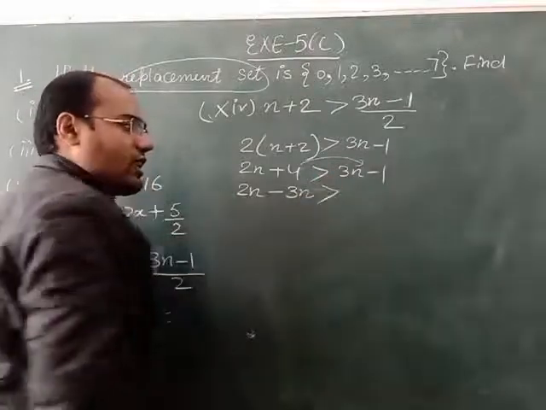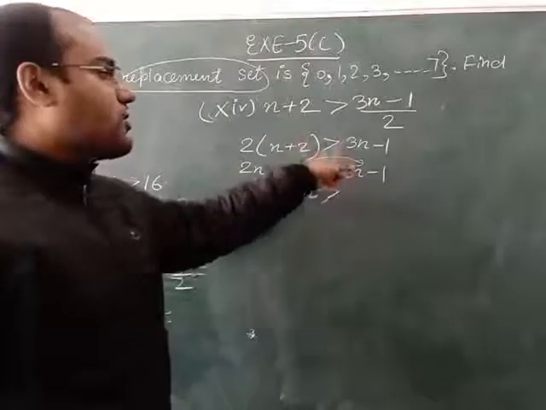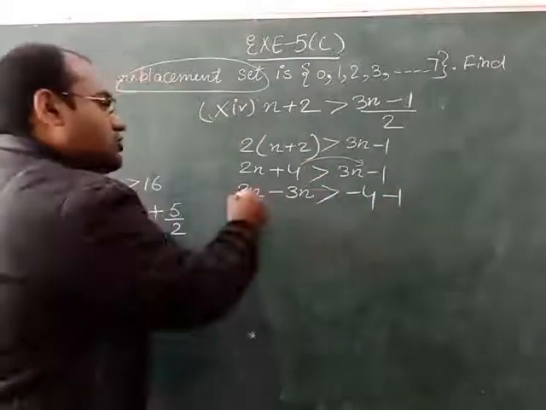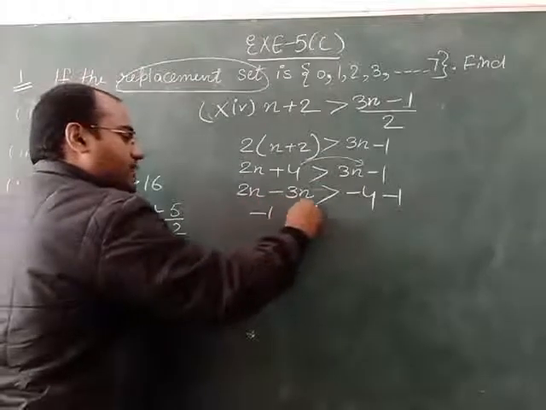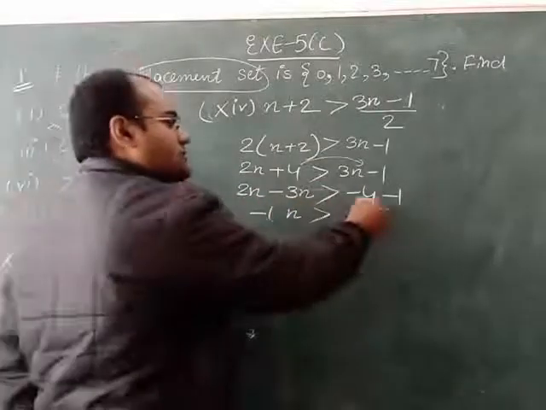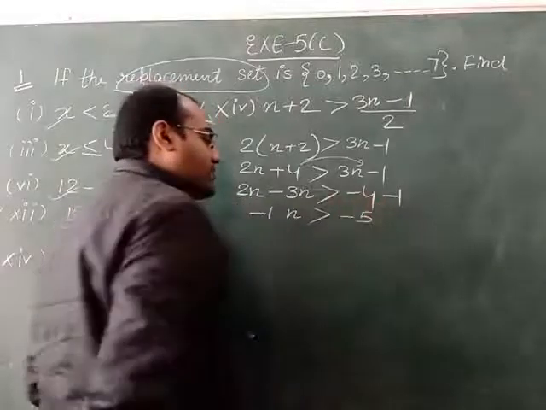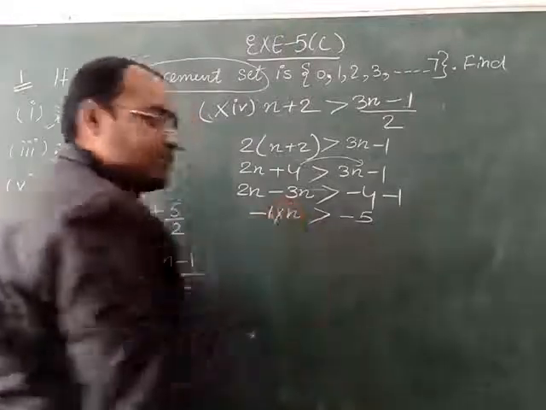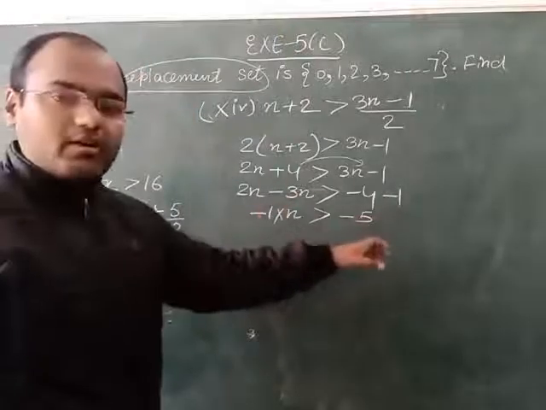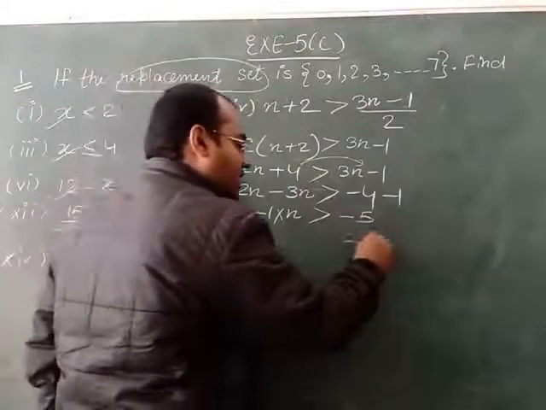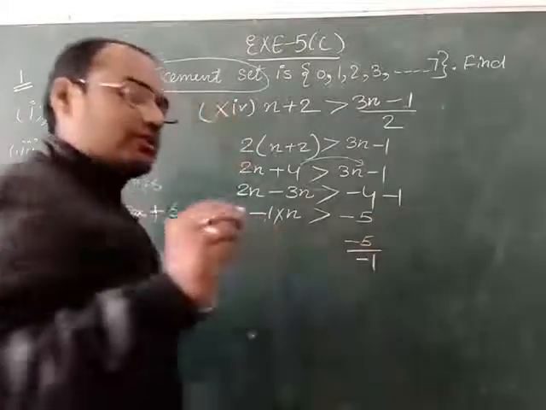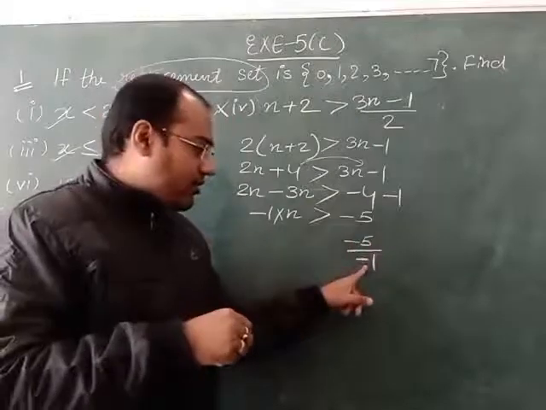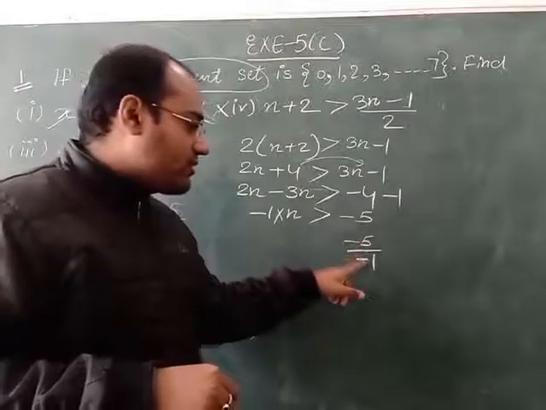So this sign of inequality we will write as it is. Plus 4 will come on right hand, it will become minus 4. And this minus 1 we will write as it is. 2n minus 3n will be minus 1n. Greater than minus 4 and minus 1, answer is minus 5. Now minus 1 and n, between these two things multiply sign we will take. So this multiply 1 will come on right hand side. So here we will write minus 5 divide minus 1. And in the previous question I explained you one rule. Whenever we will divide the number with a negative number, here we are dividing this minus 5 with a negative number.